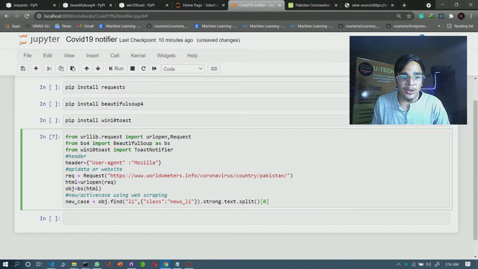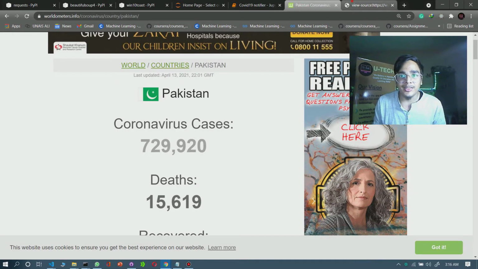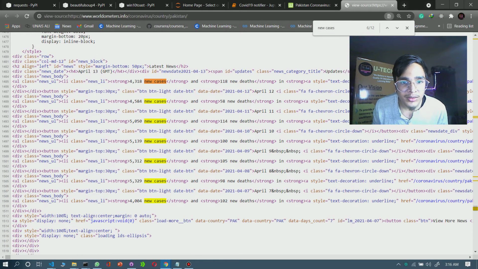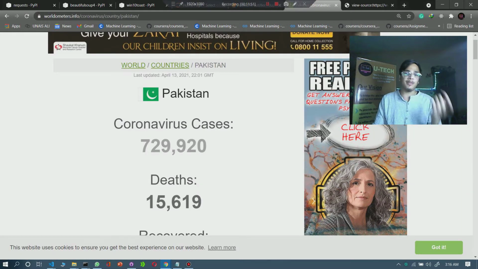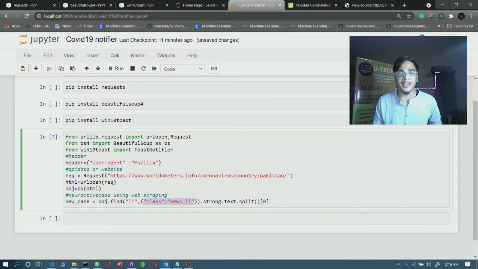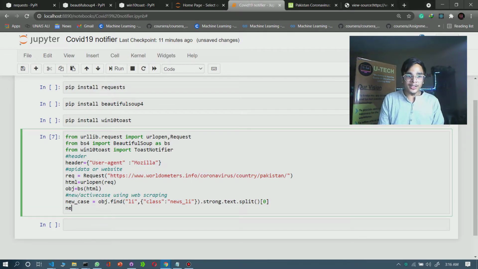So it will give you only this text by splitting it, the cases thing. And we want just this thing, so we will split with an index of 0.